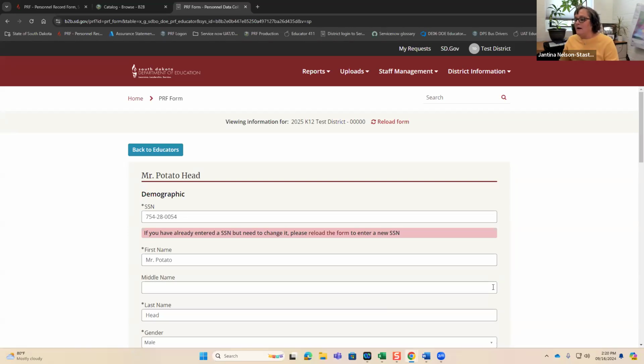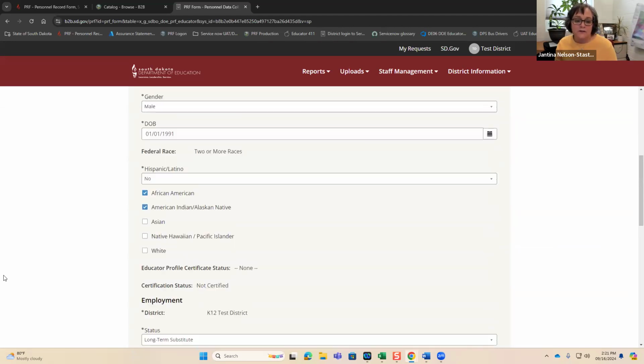So Mr. Potato Head got hired for, we're going to pretend, 46 days at $175 per day, as an individual without a valid or inactive certificate, acting as a special education teacher of record for more than 45 cumulative school days in a vacant teaching position while the school district pursues a contract for a teacher.